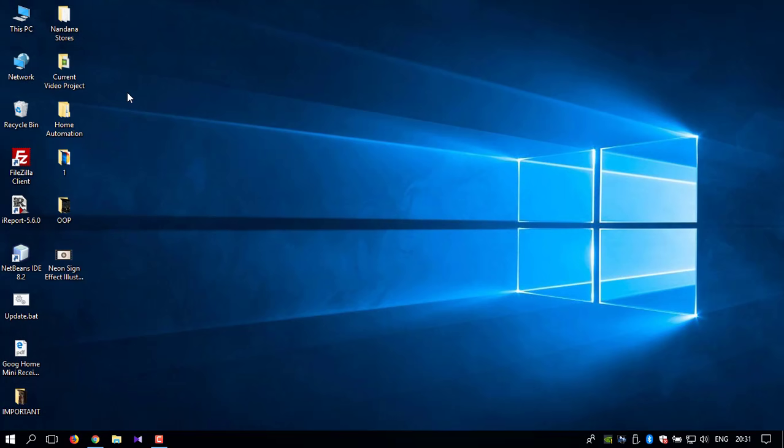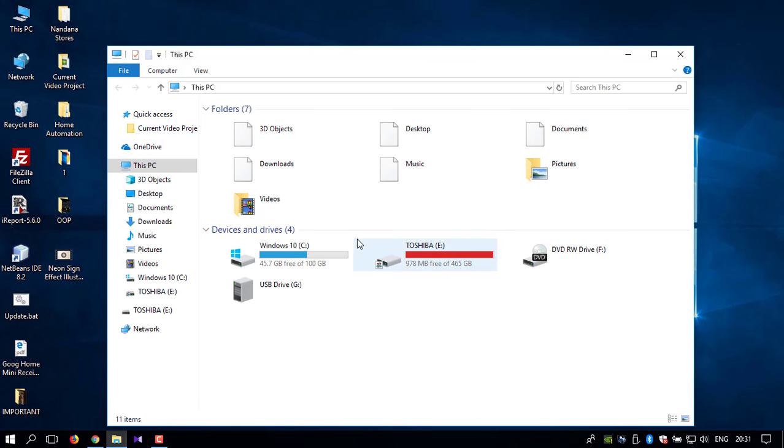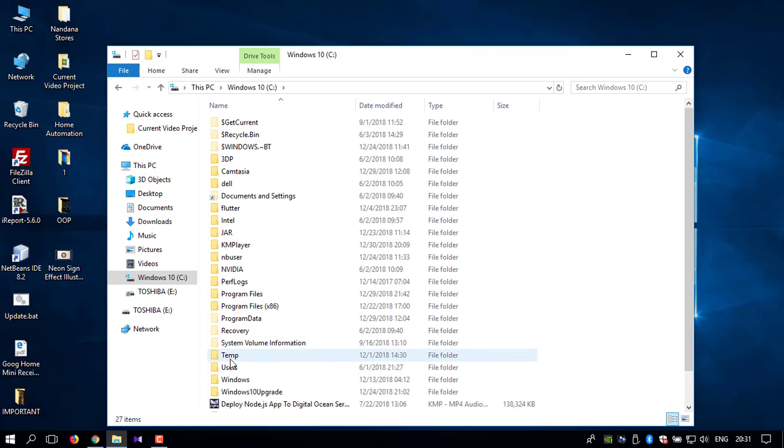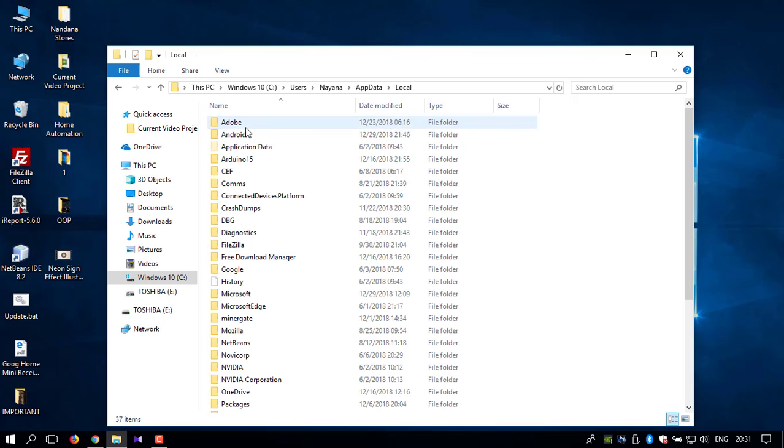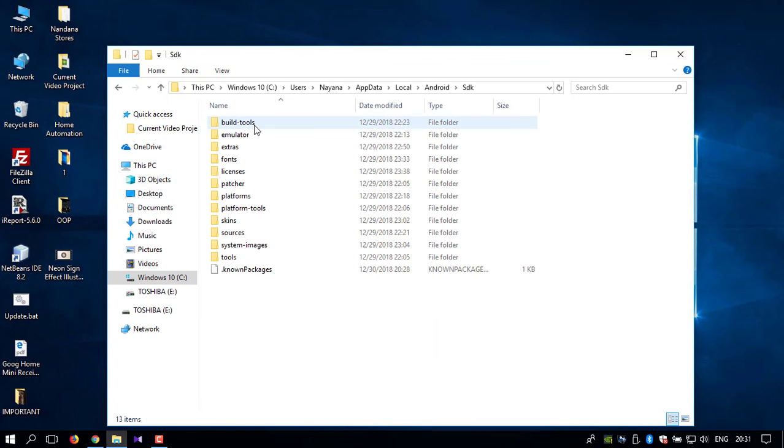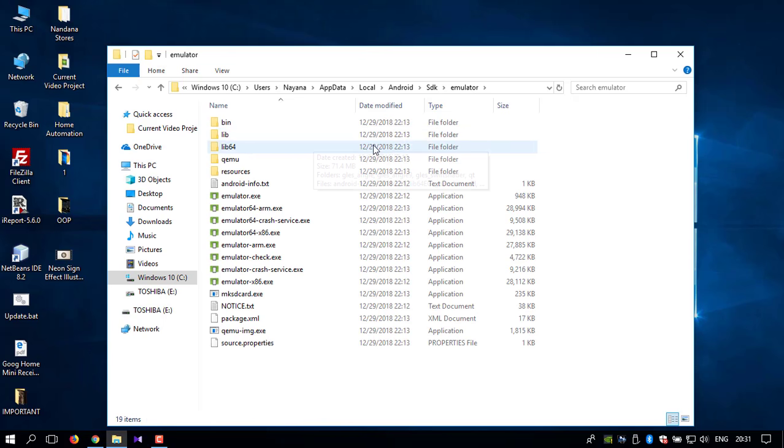Now I'm going to open computer and go to C drive, users, and your username and app data and local, Android, SDK, and emulator. So what you need to do now is copy this folder path